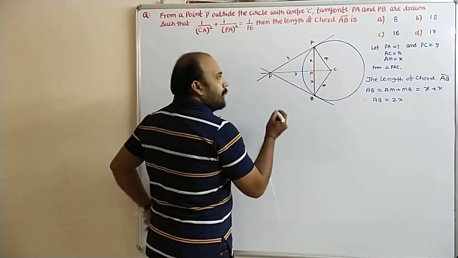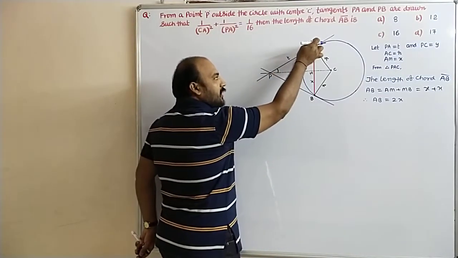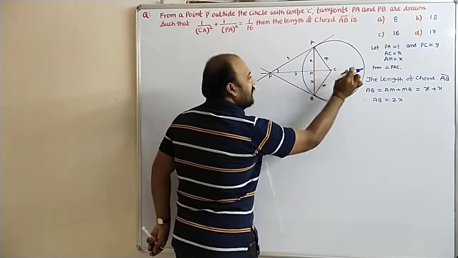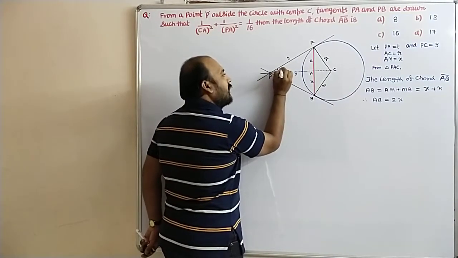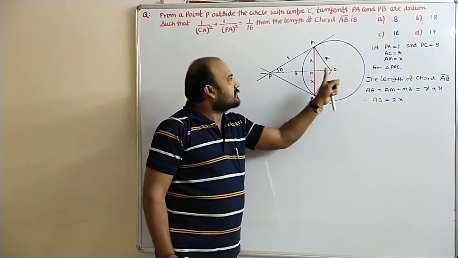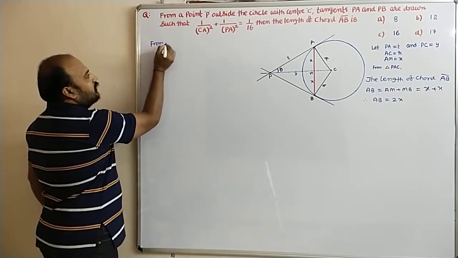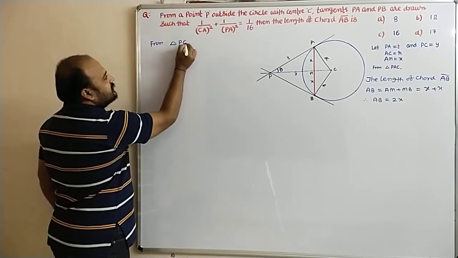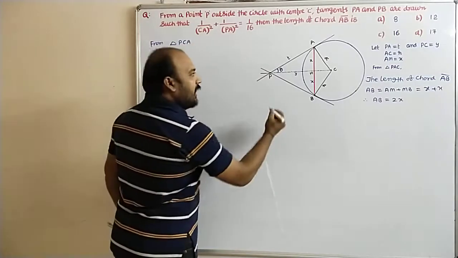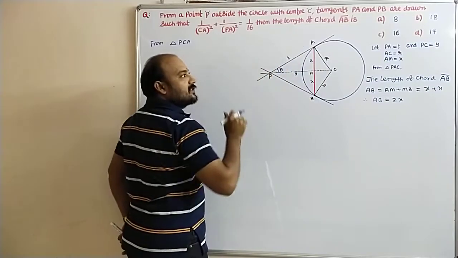The angle between the tangent AP and the line PC, I am taking as theta. From triangle PCA,